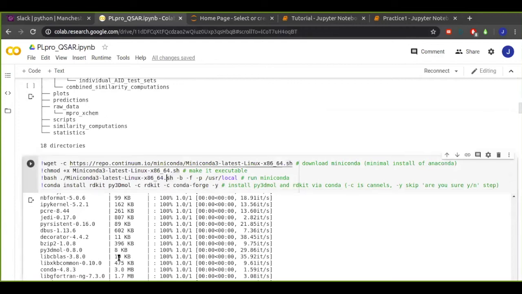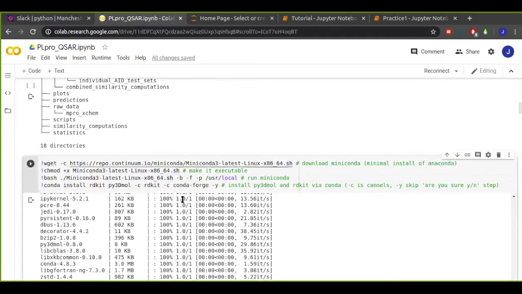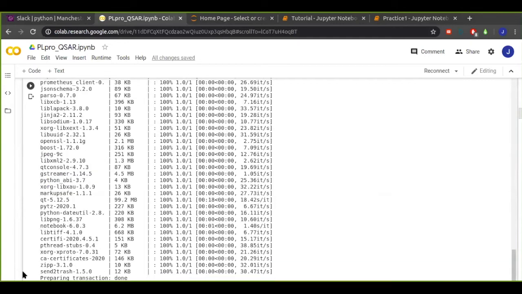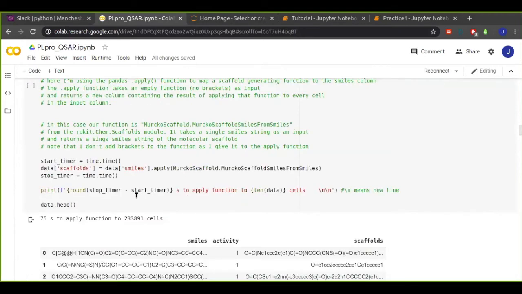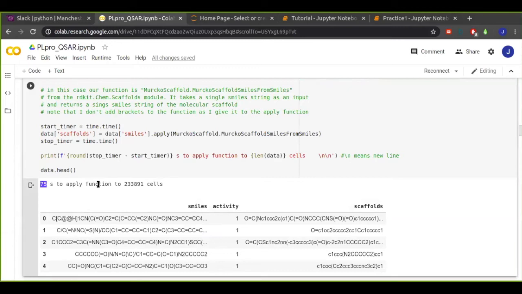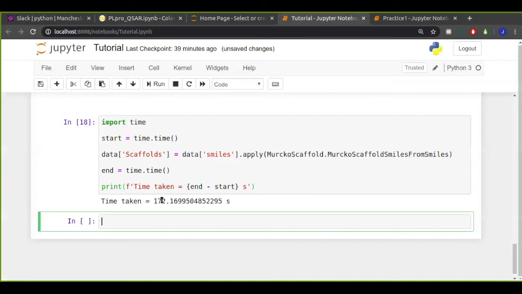This box here, we'll remember from last time we had to install RDKit, is the set of commands that you have to do in order to install Anaconda on Colab, which it doesn't come with naturally, and then install RDKit. So those are those. And then we have pretty much where I'm up to here. So we can see in the Colab notebook, it took 75 seconds, and for me, it took 172 seconds. All right. Did I remind myself of what I was supposed to be doing? No. I'm going to go ahead anyway.